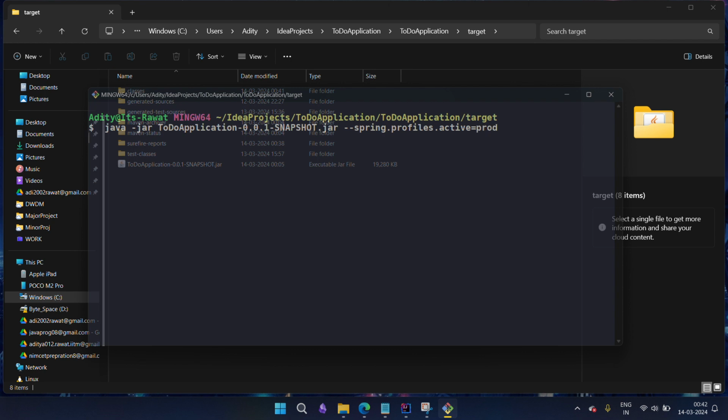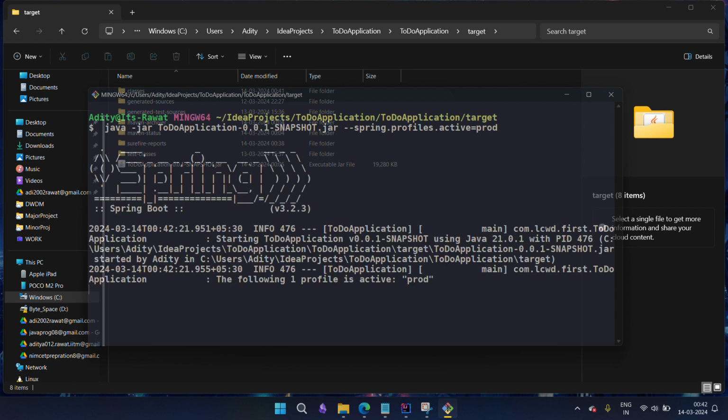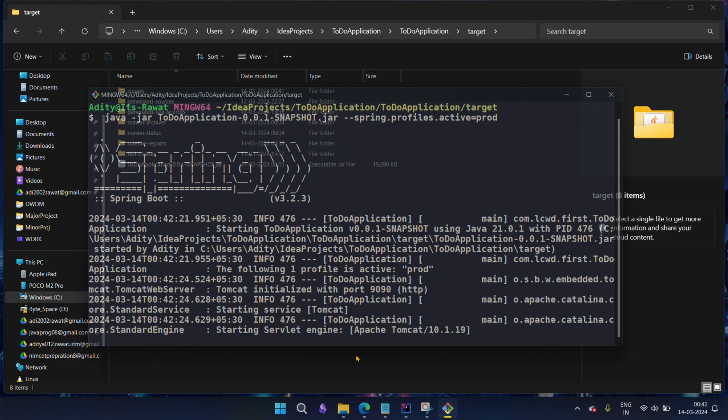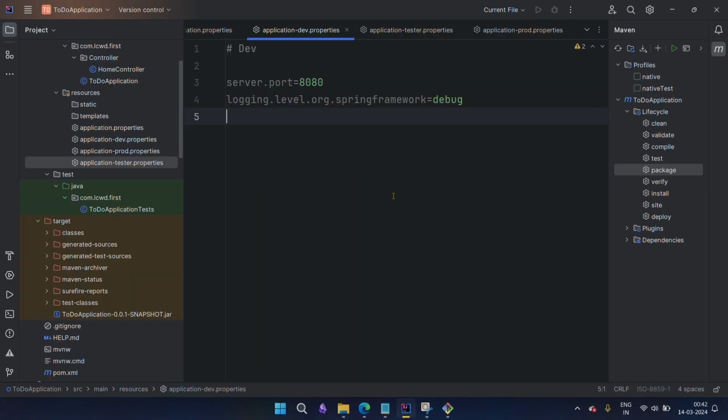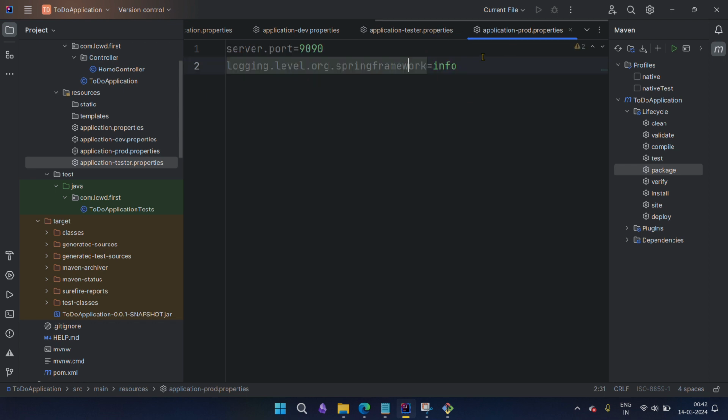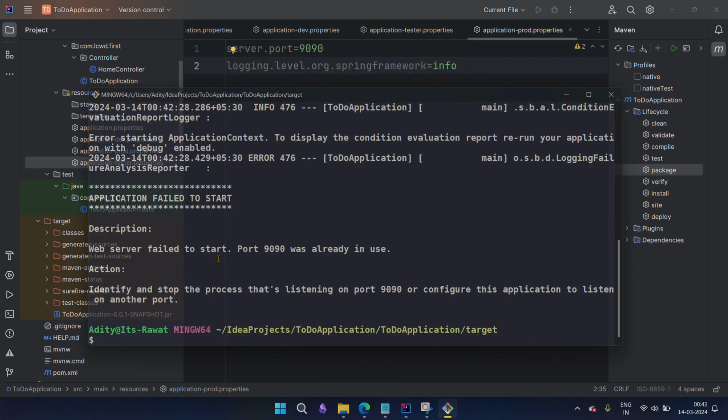Okay, so prod is running on a different port. Prod is running on 9090 port. So you can see here port number 9090,